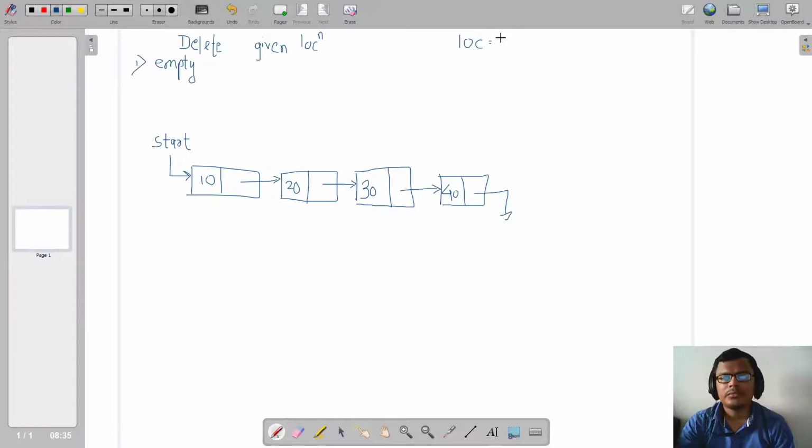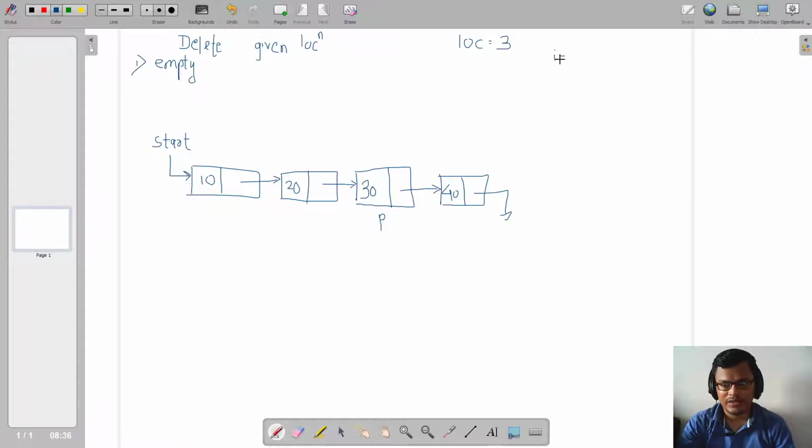Now suppose I give location as 3. P is the node which we are trying to delete, right? So we have to reach that particular node. Which will be my P in this case? This will be P. So I have to reach the third node. If you remember, in create at given location, we used to find Q, correct? And what was Q? Q was the second node. If my location is 3, Q used to be the second node. But now here I am interested in finding P, and P is the node which I wish to delete. So the only change that we will be doing is to perform one additional jump with the help of the counter variable.